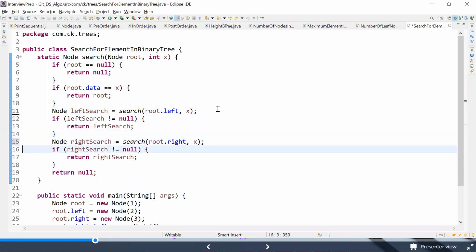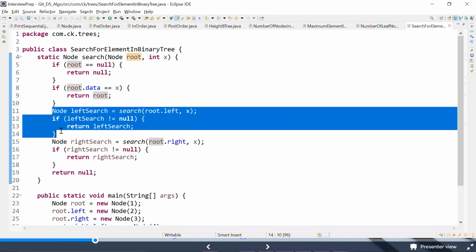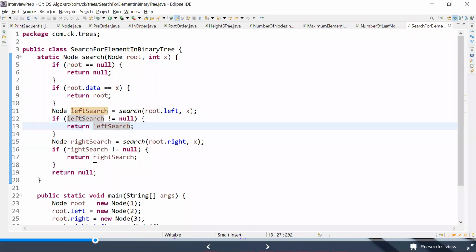So in case you already found it in your left search, you return straight away from here, instead of doing that again for your right search. Even though in theory it doesn't improve my time and space complexity, practically